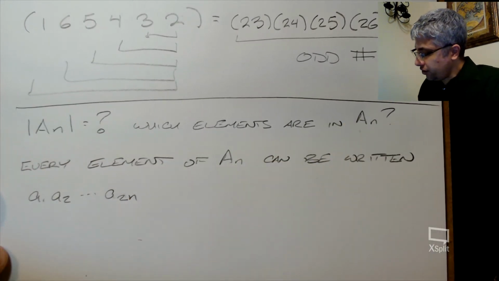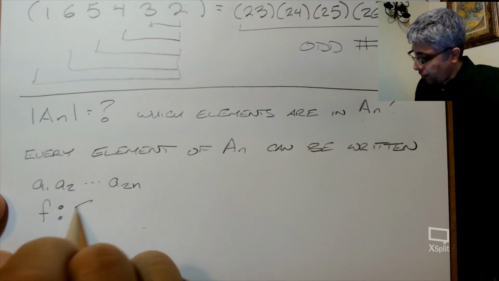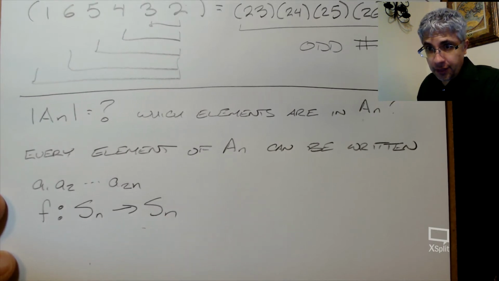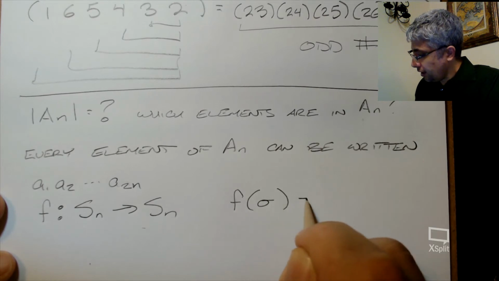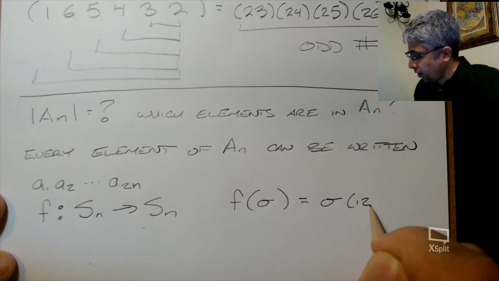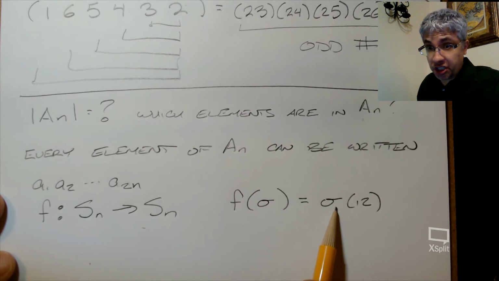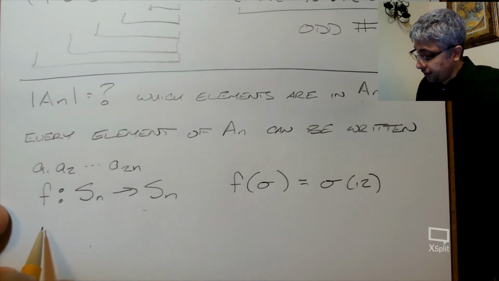And what I want you guys to consider is this map F from the symmetric group to the symmetric group. F of sigma is going to be sigma (1 2). So basically we do (1 2) first, and then we do the permutation, whatever that permutation is. Okay, now what does F do? Well, F sends